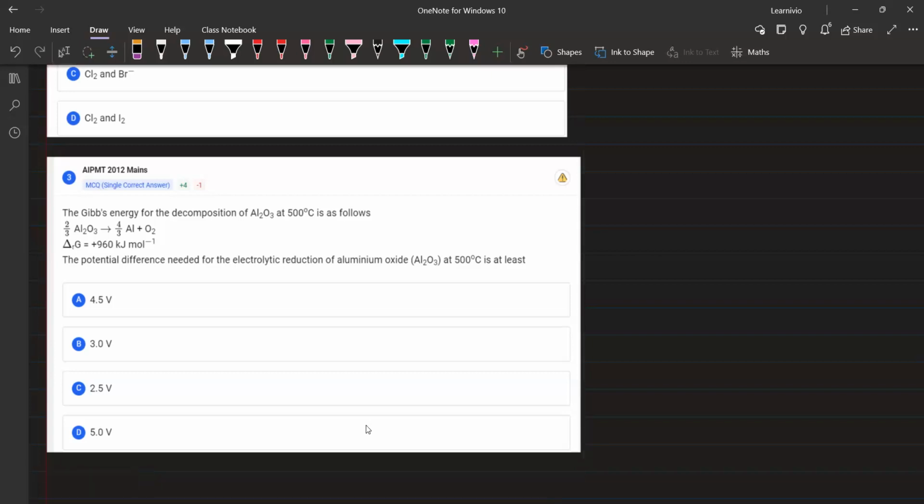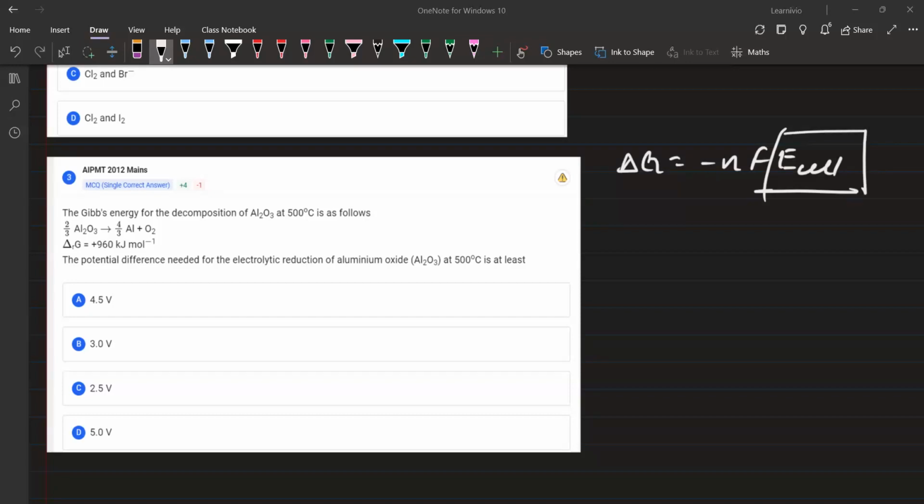इसमें व्हाट यू नीड टू डू इज, डेल्टा जी दिया हुआ है आपको, माइनस nFE सेल, यू नीड टू कैलकुलेट द E सेल। So it should be negative now. E सेल नेगेटिव नहीं होगा ना, E सेल तो पॉजिटिव होगा। E सेल यहाँ पे नेगेटिव होना चाहिए था।